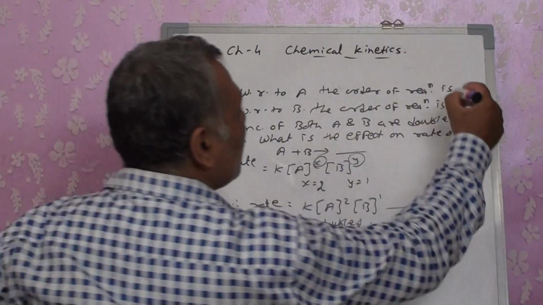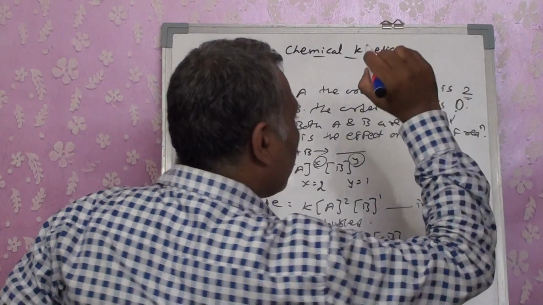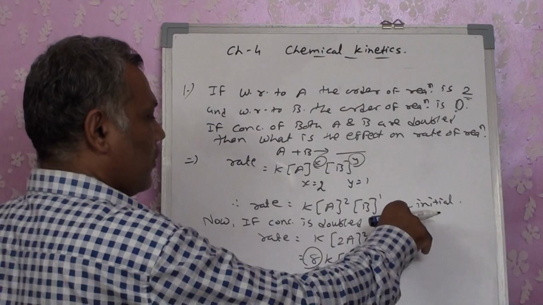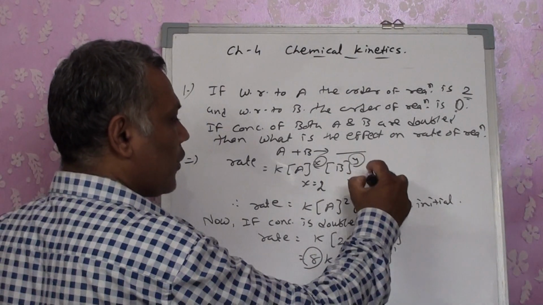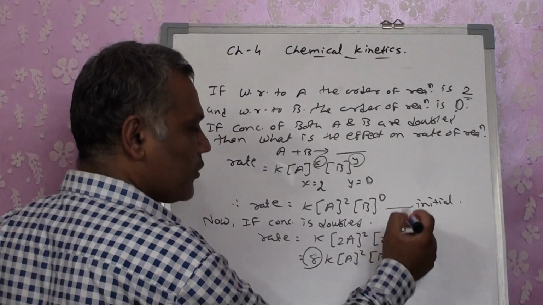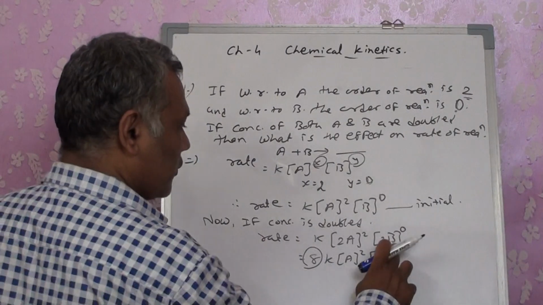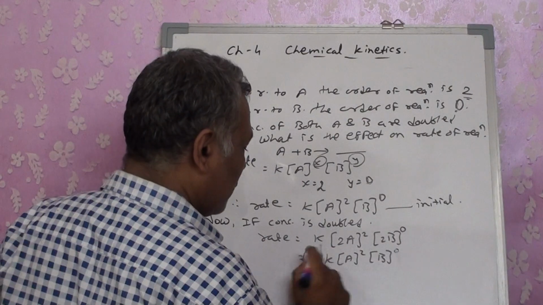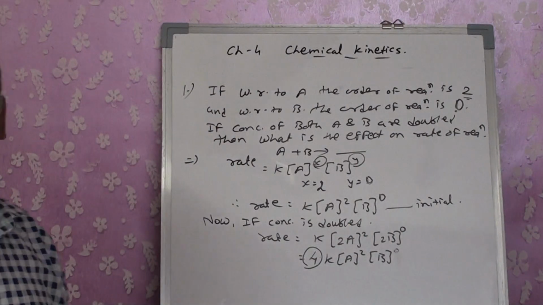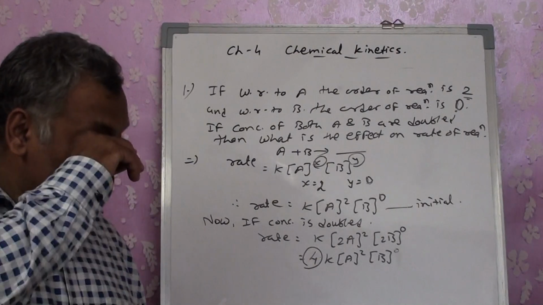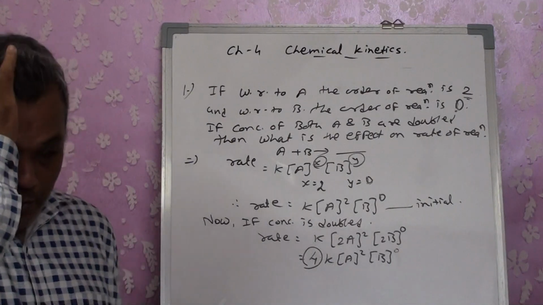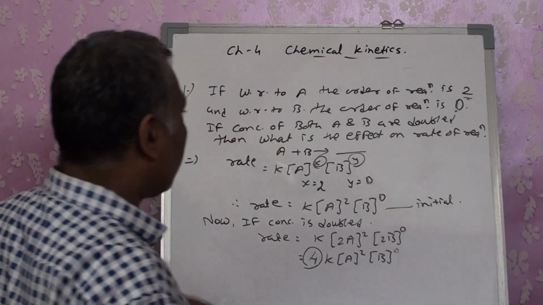Okay, a small change in it, and I will get a new question. It's a zero order. Then what will happen? When it is zero order, that means you are getting X equals 0, Y equals 0. Any number raised to 0 is 1 only, so that is not going to affect it. So at that time, the answer will become 4 times. So this is one of the questions that can be asked to you a number of times.